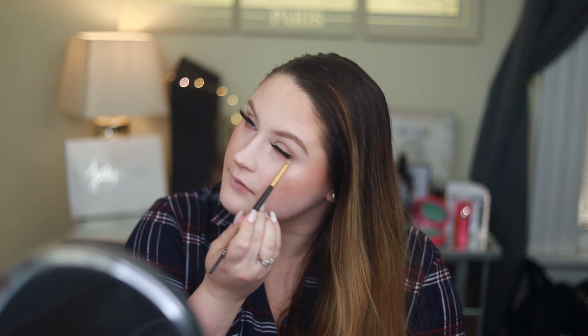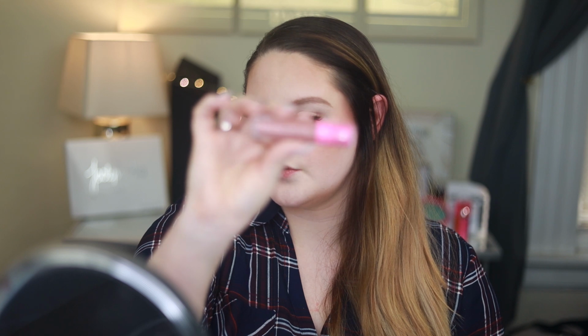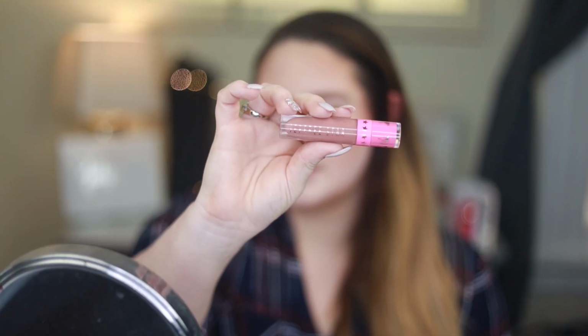A little bit. Sure. I'm going to take the bronzer underneath my eyes to kind of smoke out my lower lash line. Just kind of lightly. This is my Celebrity Skin by Jeffree Star. This is my personal one, and as you can see, it's a little bit destroyed. I've just had it for a minute, but...